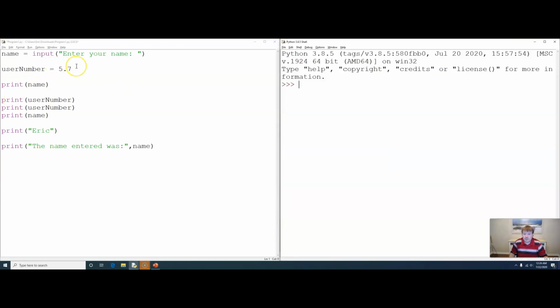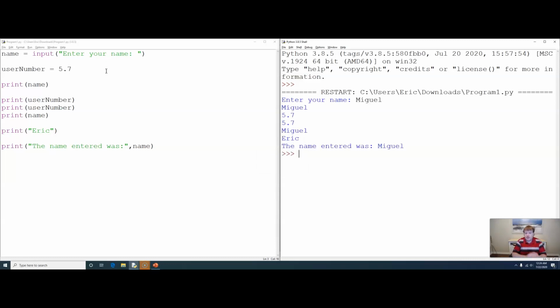I have it opened up already. And you'll notice that if we give this a run, it runs just fine. So you would say, well, why do I need comments? And as we said, Python doesn't care. You could have 100 lines of comments. You could have no lines. Python itself doesn't care. The person who's going to care is you or me when we have to update this code.